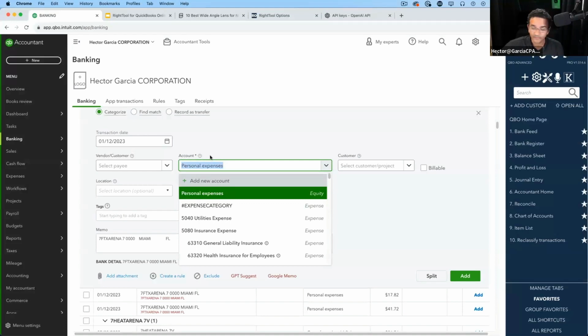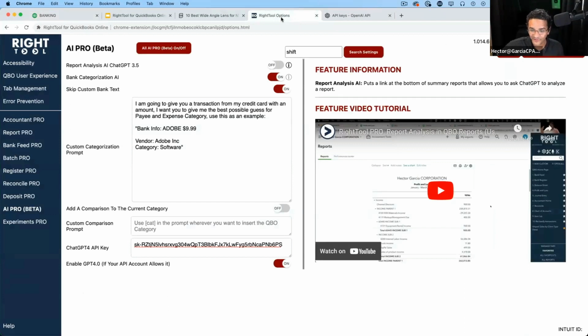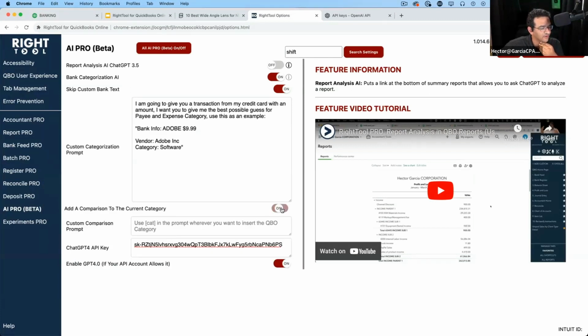QuickBooks suggests something, I can actually have it compared to whatever QuickBooks suggested. Okay, so I can come in here and add a comparison to the current category. I'm going to turn that on, and then I can do a custom prompt for that. So I can say, based on the ChatGPT category suggestion,